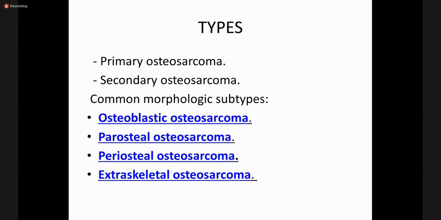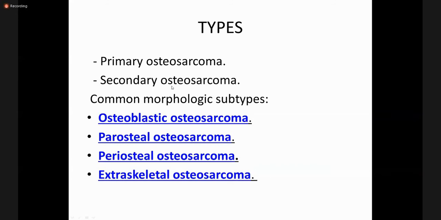Okay, so there are many types of osteosarcomas that we differentiate on the basis of tumor location and grade. More than 90% of the osteosarcomas are conventional high-grade intramedullary osteosarcomas. Bone formation is necessary for the diagnosis of osteosarcoma. If there is no bone formation, then there is no osteosarcoma. Most of the cases occur in children. There are multiple types of osteosarcoma.